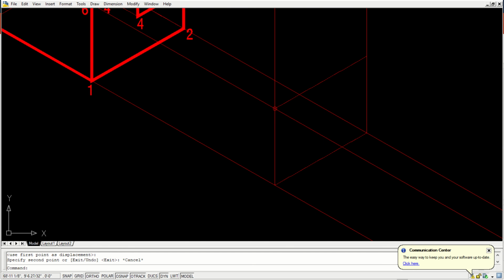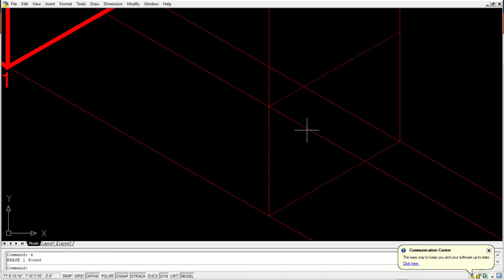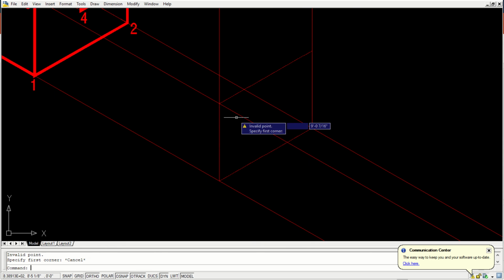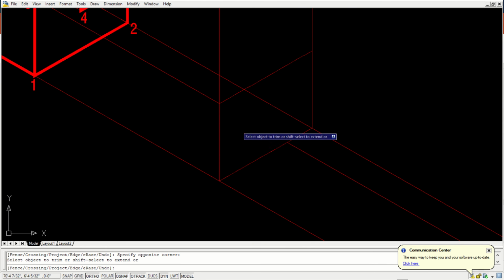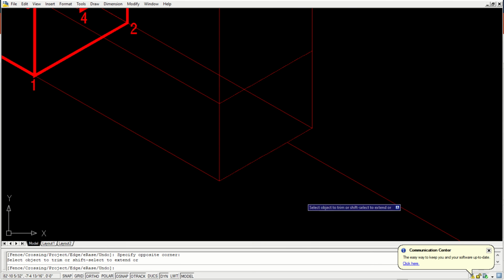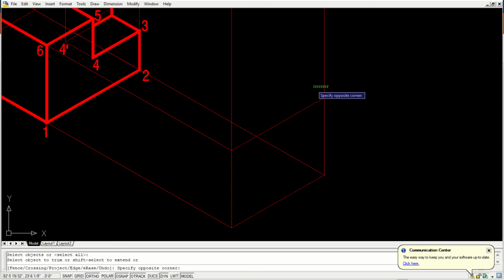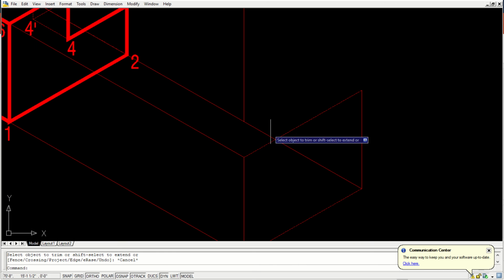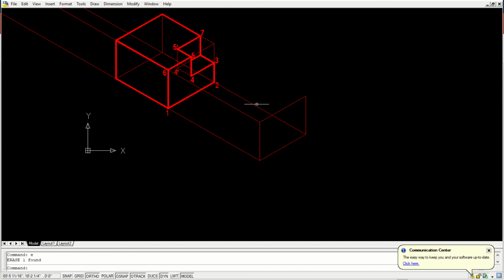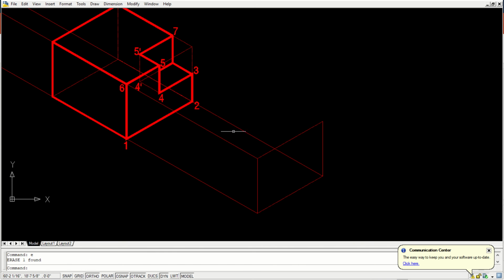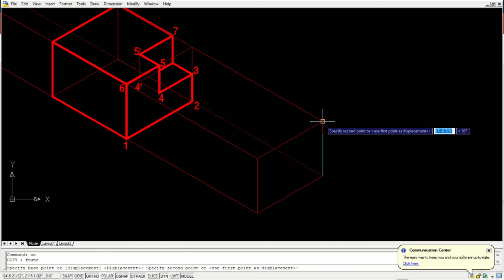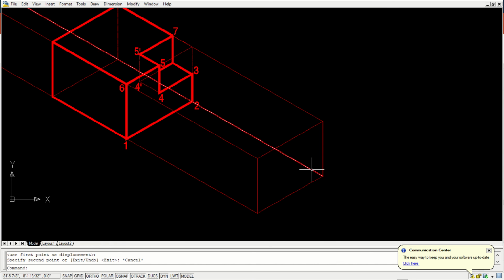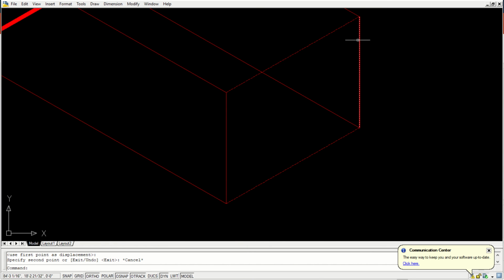For making you understand, I'm erasing all these lines, because it will be confusing for you. But in your case, when you draw it, please do not erase these lines. Let them be there as they are, so that you can understand how to draw. So what have we drawn? We have got the space now.